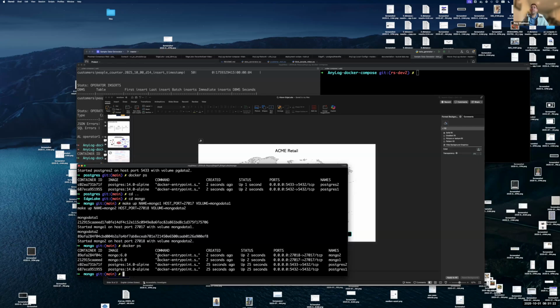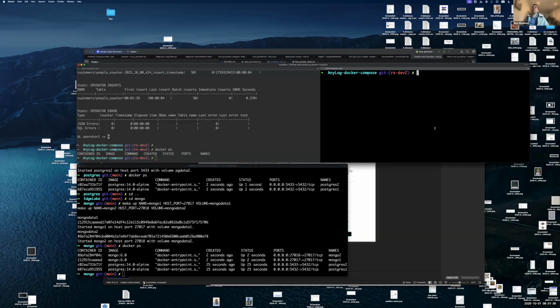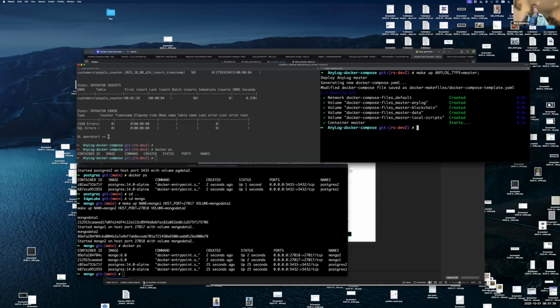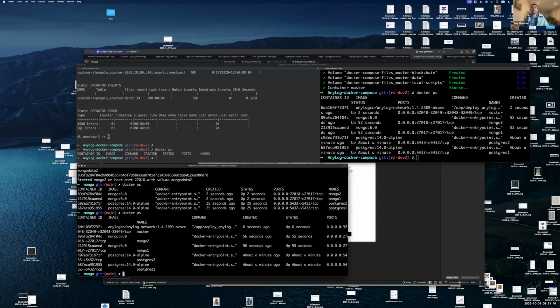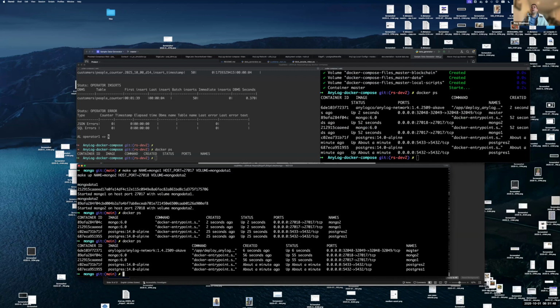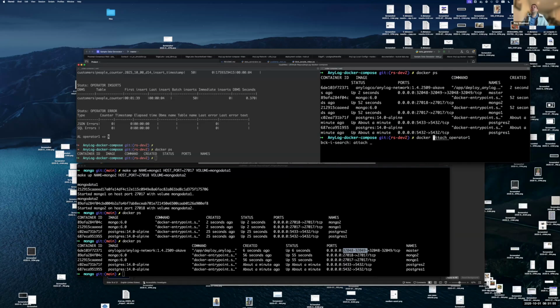Now that we have our databases set up, we are now going to deploy our AnyLog cluster. I'll do it one by one. The first step is to deploy your master node. If we look now at our Docker environment, we now have a master node here, and this is operating on port 32048 and 32049. And if we attach to it,